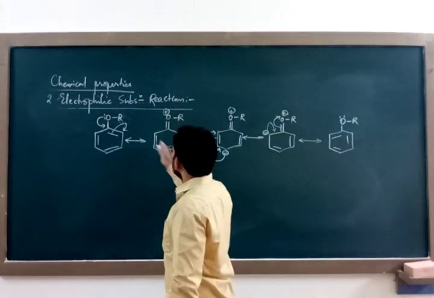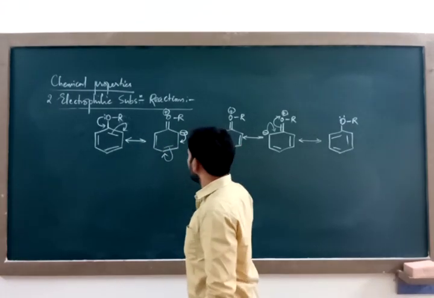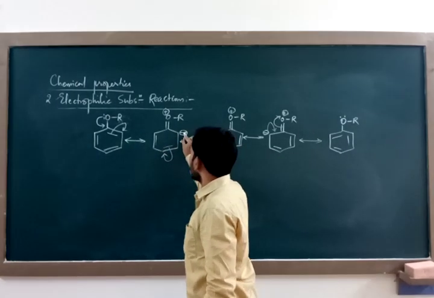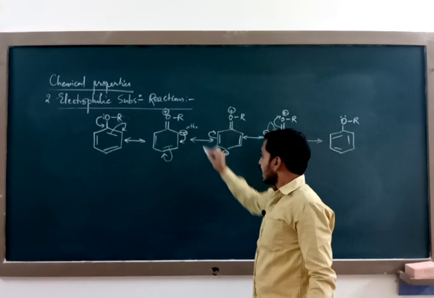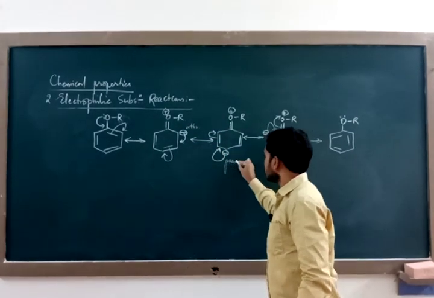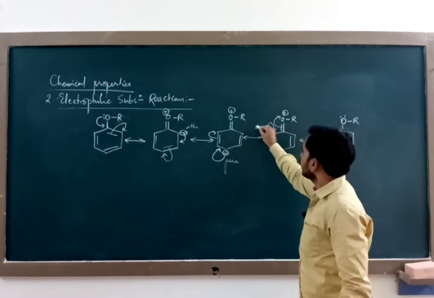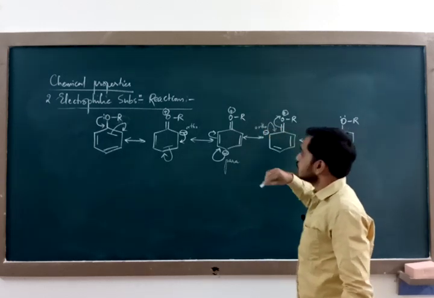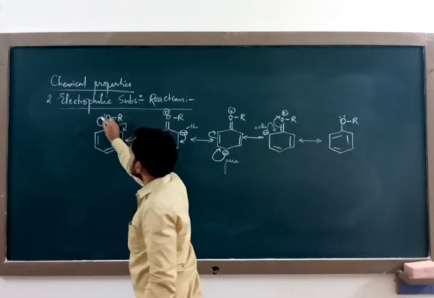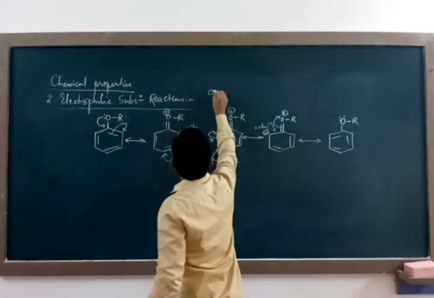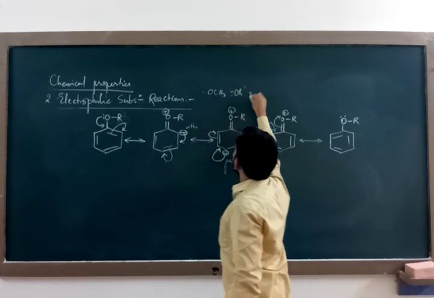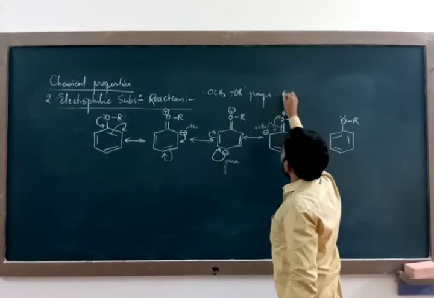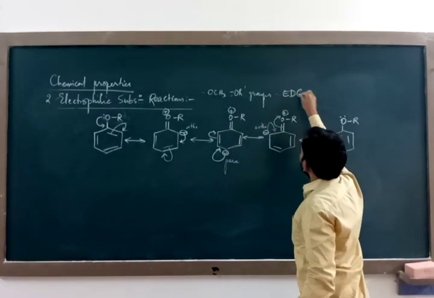For that reason, if you write resonance structures, you will be able to identify that the negative charge appeared at ortho position, again at para position, and finally again at ortho positions. So this group, that is alkoxy group,